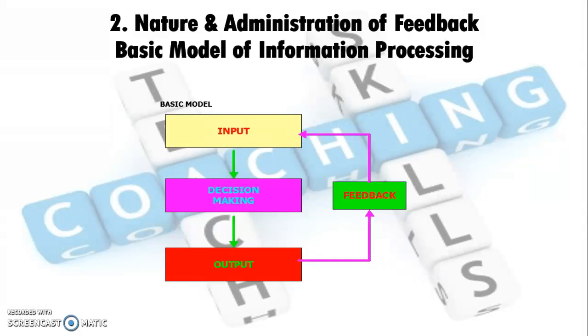Okay, so this is a very simple model of information processing. You see at the top we have the input. Something will come into our brain through our senses. The majority of that information will come through the visual system in sport. That then goes into our brain, into the brain circuits, based on previous information or problem-solving skills. We'll come up with some sort of decision, and then there'll be some sort of output movement based on that. Feedback is the bit that tells you whether that was actually successful and needs to be repeated, or whether it needs to be adapted in future.